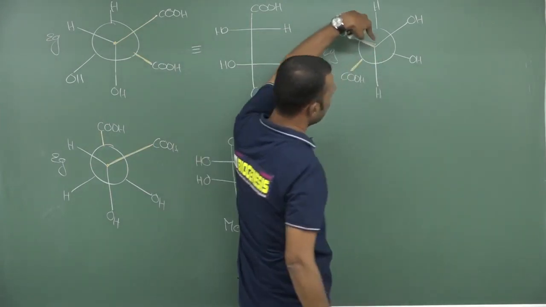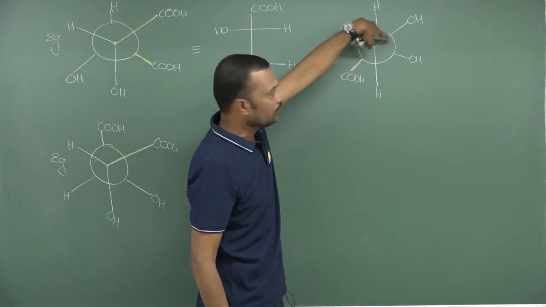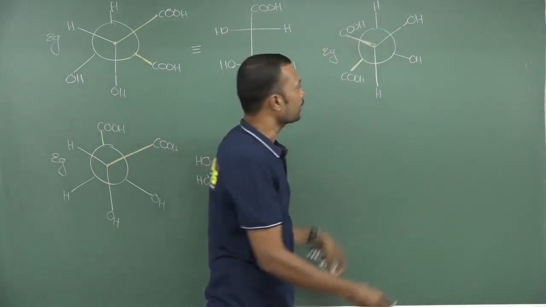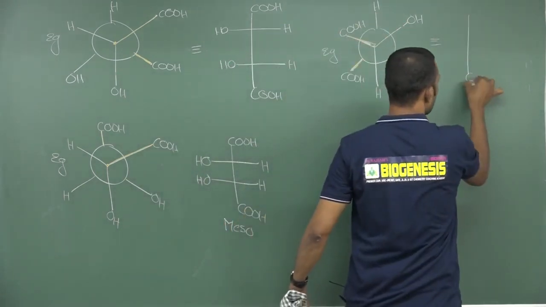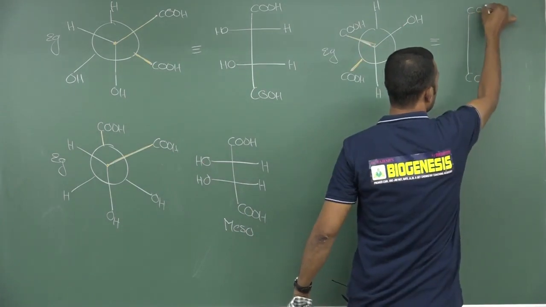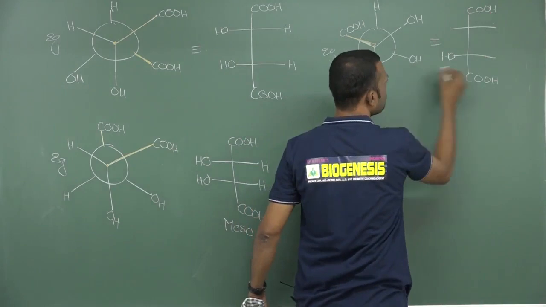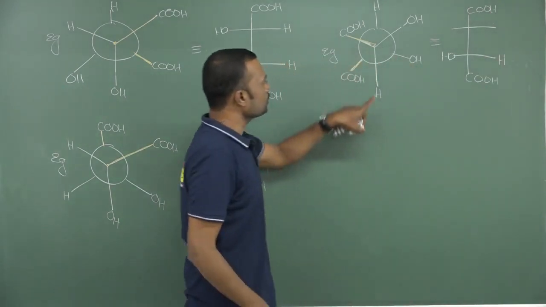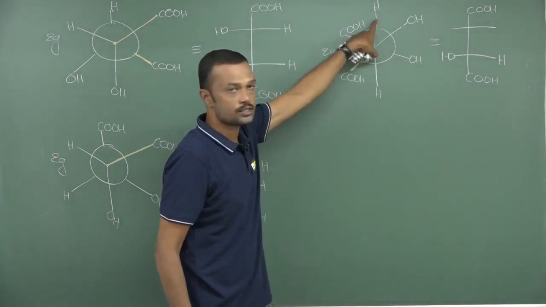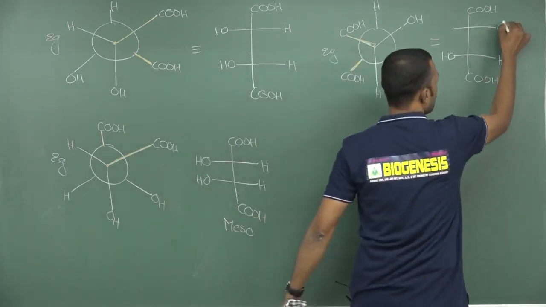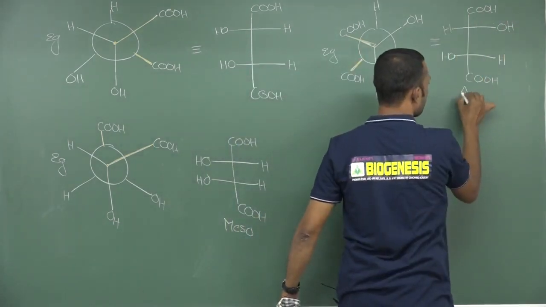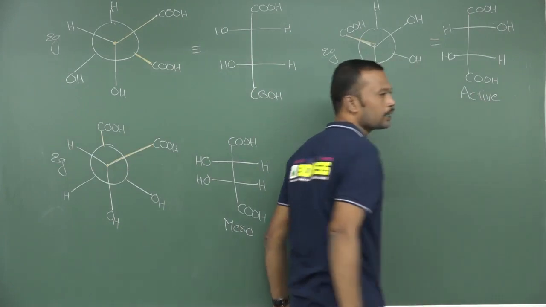And see, if you are observing this as an observer, this will be left hand and this will be right hand. So can I write like this? First you write down two terminals. Okay, so this becomes left hand and this becomes right hand. Now this is leg, this is right hand and this is left hand. So is it active or not? Yes, it is simply active.